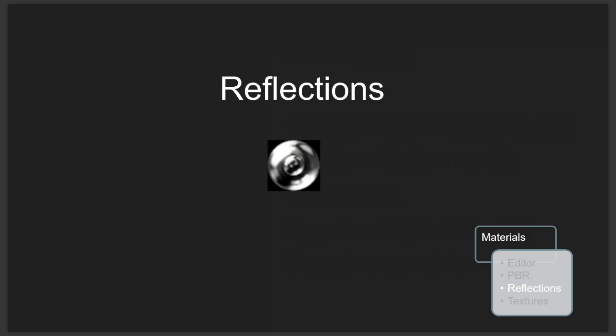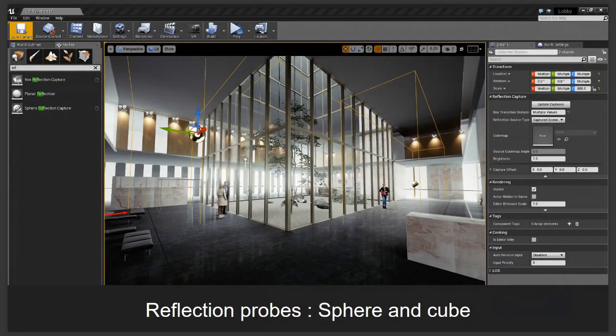Reflections, while we're talking about it, we have these reflection probes, and we've got two types. The sphere is the one that I would probably assume is the most commonly used in games, especially for exterior, because it will capture the environment as a sphere and throw that reflection onto our object. Now, because we work in architecture, we will tend to have more orthogonal type spaces, and for those, the box reflection capture will work